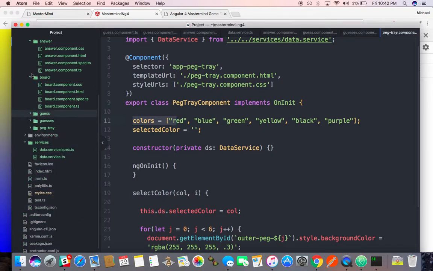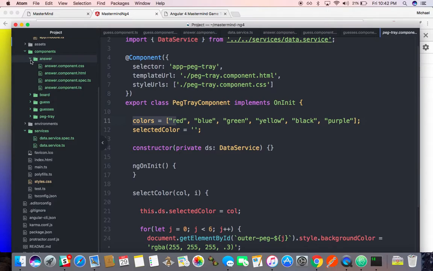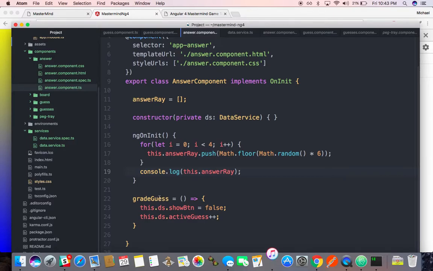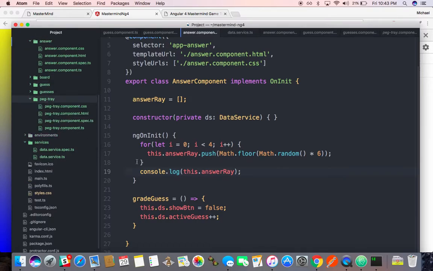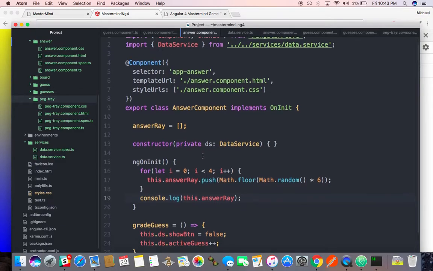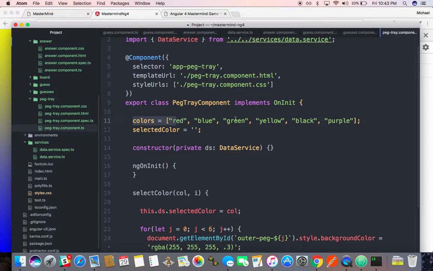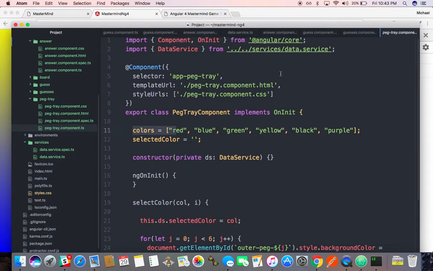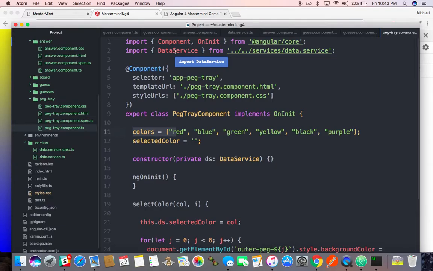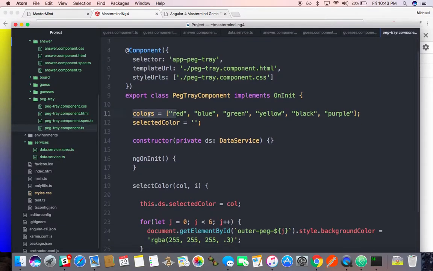We probably want to move it to the service because I know we're going to be in the answer, open it back up. In the answer, this is the guess grade. I'm going to want to compare that. So I know I'm going to need that. So I'm going to just right off the bat move this into the data service. So I already have the data service in here. So what this is going to be called, instead of I have colors here,